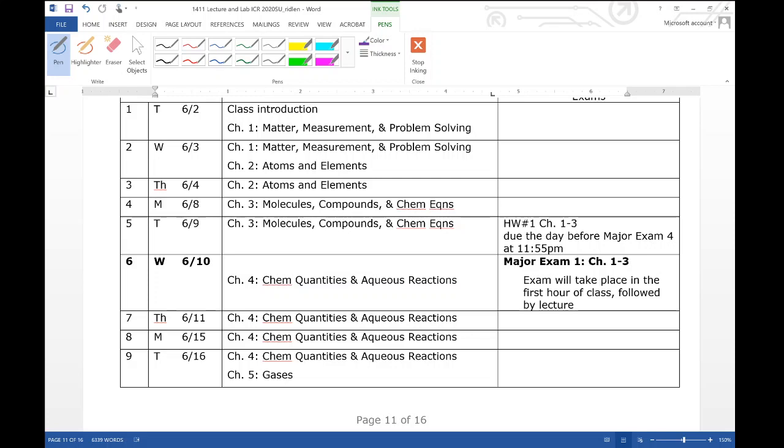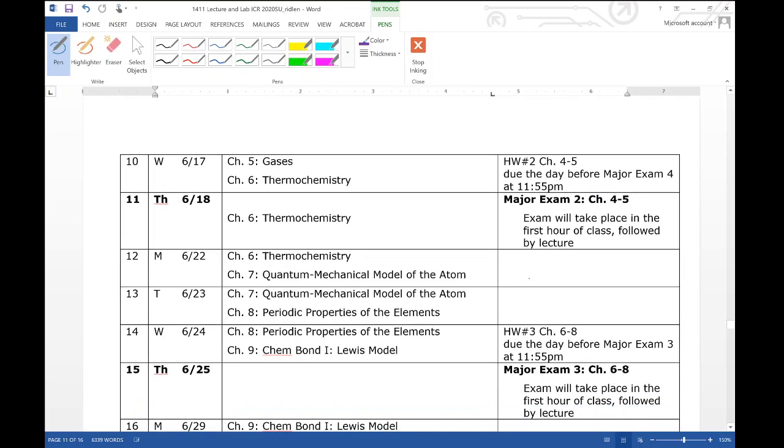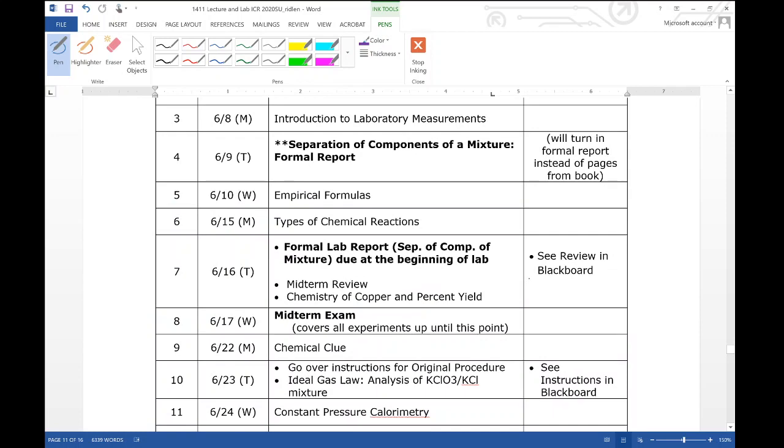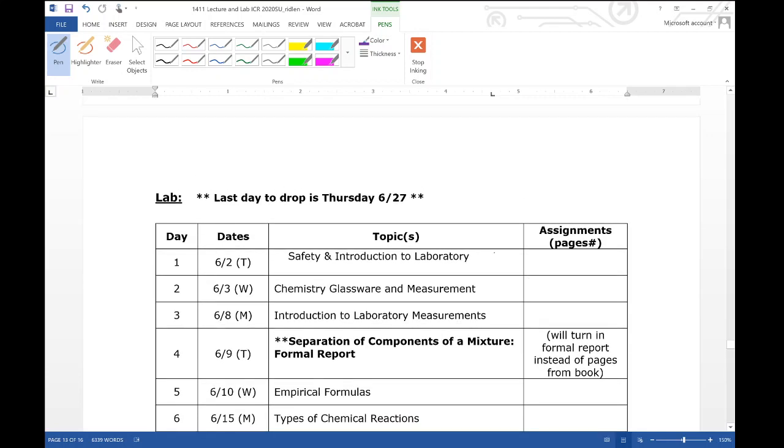You'll at least know what's coming and what we're doing based on this, and you'll know when the exams will be. If for some reason I feel like I really need to push the exam dates, I can do that, but let's try to stick to this as best we can. And then your lab schedule here. All of this will be on LabFlow again. We're going to follow this, we won't deviate from this whatsoever. The due dates may fluctuate a little bit, so make sure you check those.